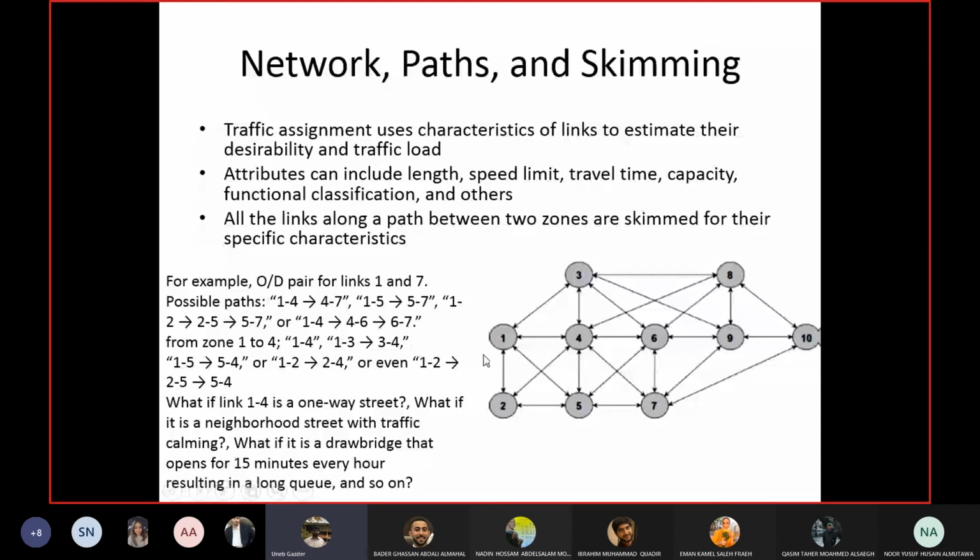Okay, then you have to consider the other link. So this is one link, which is a direct link, may be preferred by travelers if it is allowed by the characteristics of the route. Okay, and I will discuss some other points later on as well. So 1 to 4 may not be possible because it's a one-way street.